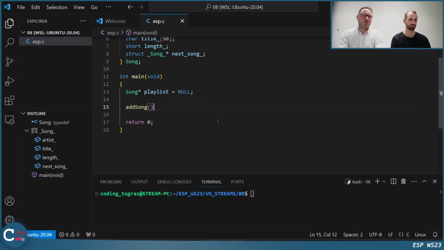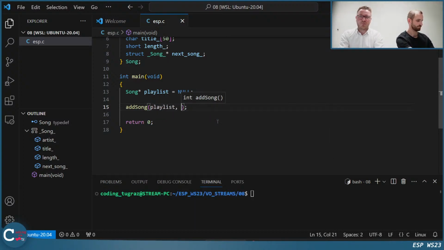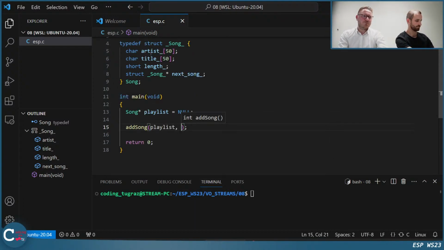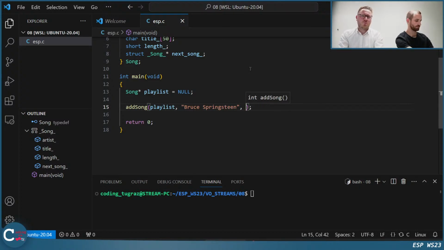We call it add song, and it takes a playlist, which is actually the start, and then it takes an artist, a title, and the length. What did we have? Bruce Springsteen with, forgot how long it was. I don't know. Let's write something. Okay.